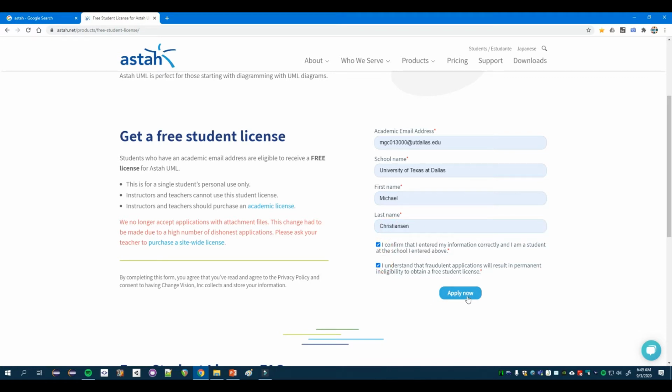I'm not going to do it because I've already downloaded a license. There's a robot at the other end of this email, and it just about immediately sends out a license file to you, and of course it's delivered to your email address. Okay, so having done that,